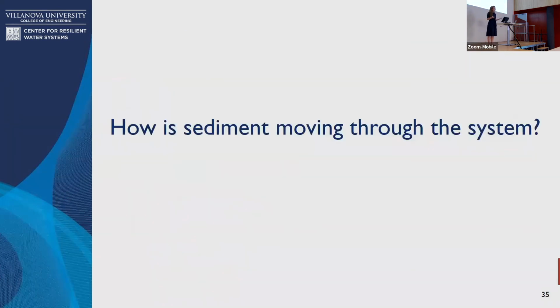Right. So then we said, well, how's the sediment really moving through the system? Is the whole system at risk, or is only part of the system at risk? Because what we saw at SMPA is that we're getting a lot of deposit at one end, a lot of erosion at other parts. And so do we need to think about maintaining the entire SMP, or could we just think about part of it?